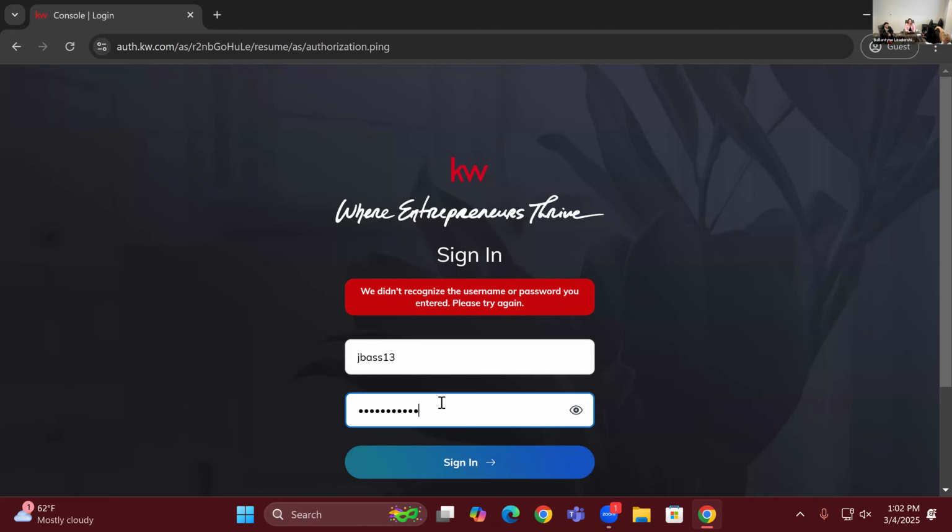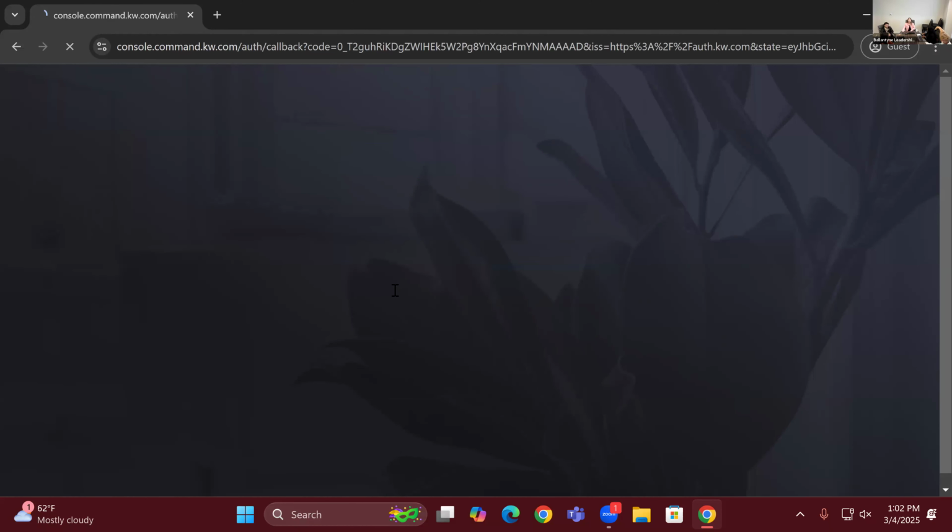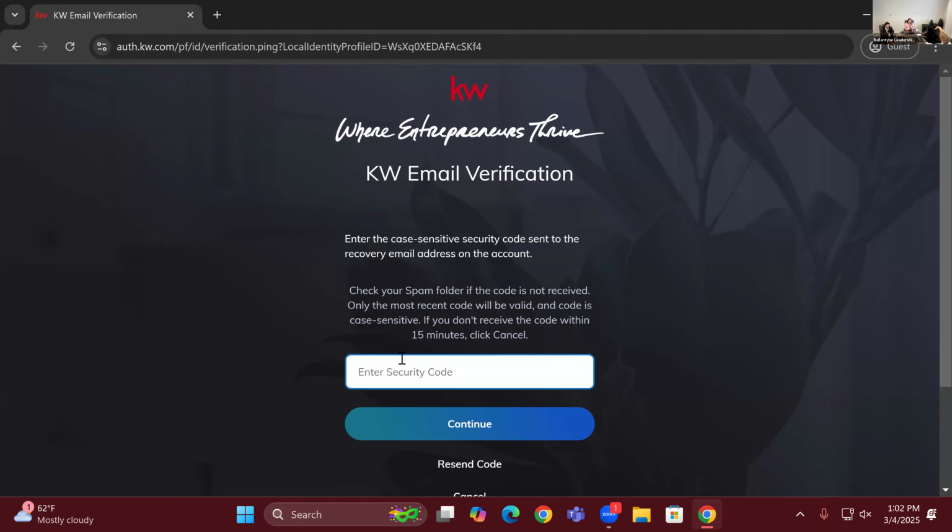If you already have a Gmail account, and let's say it auto signs you in when you go to gmail.com, go up to the initials in the top right corner and click add an account. You can sign in with your KW email. Your username will be the KW email and the password should be consistent throughout.